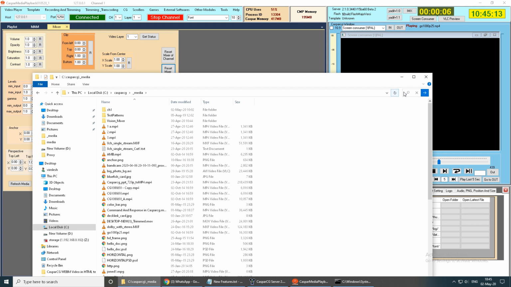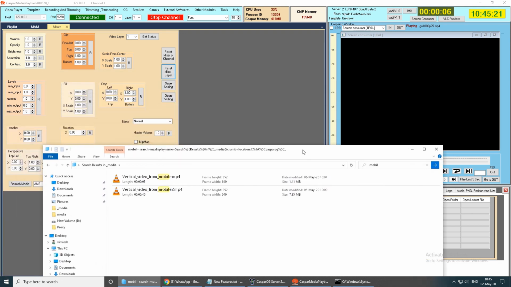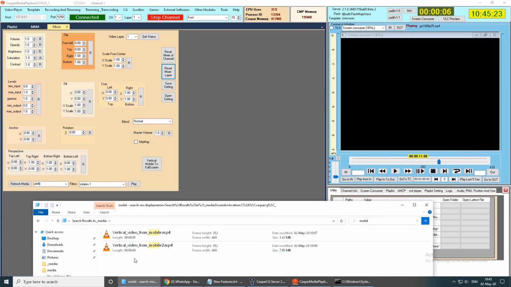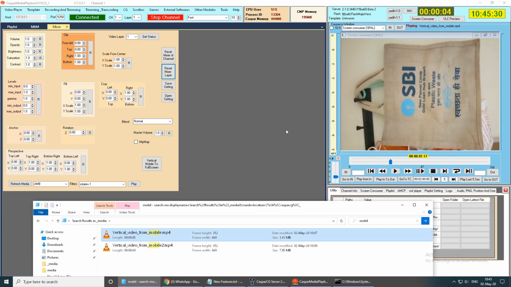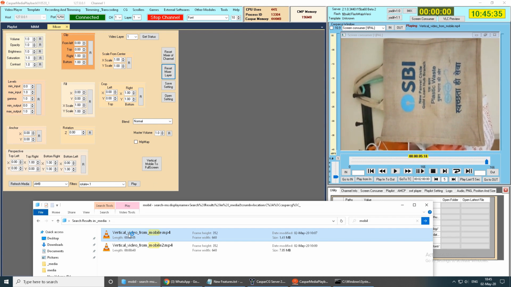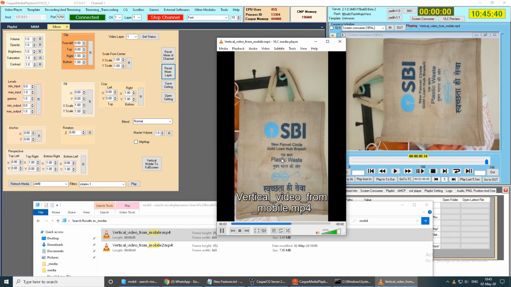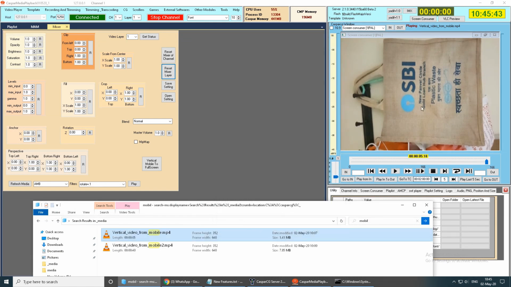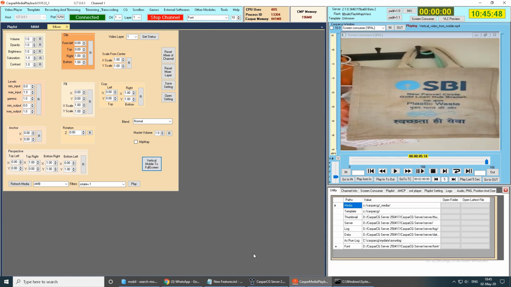Mobile. There are 2 videos that I have shot purposefully to show you this. Vertical video, I will drag and drop to the playlist here like this. You can see I have shot it with mobile. You can see here what this actually is in VLC. I have shot this like this. So it is vertical, but in Kaspersky it will run like this. So what I have made, you click this button and it will be okay.